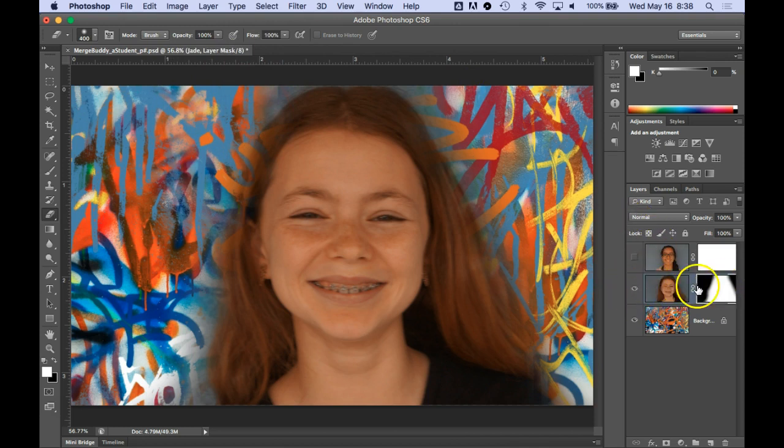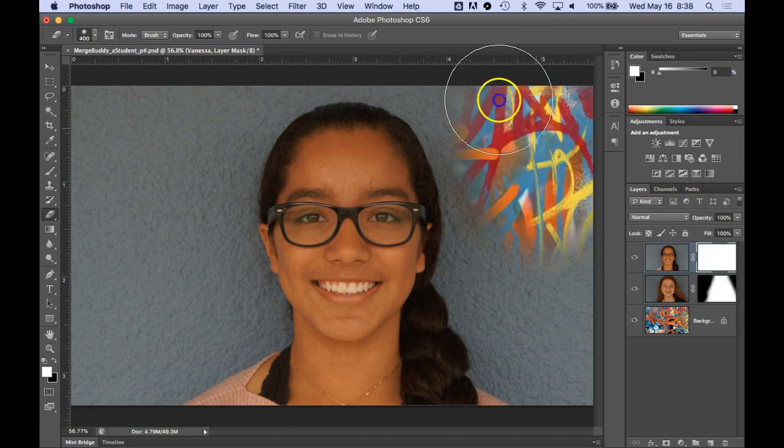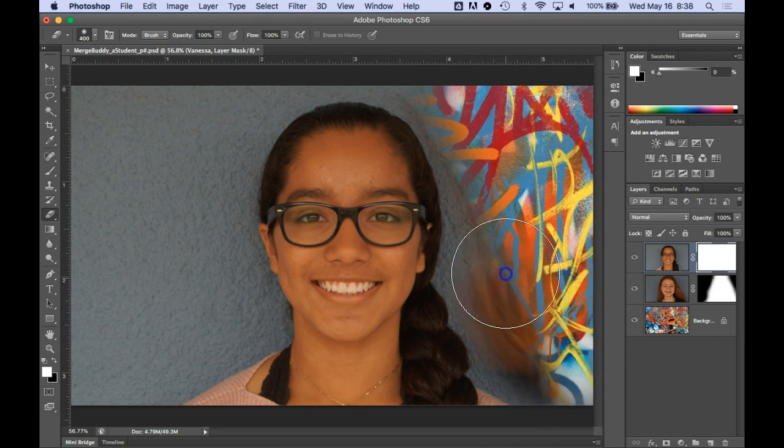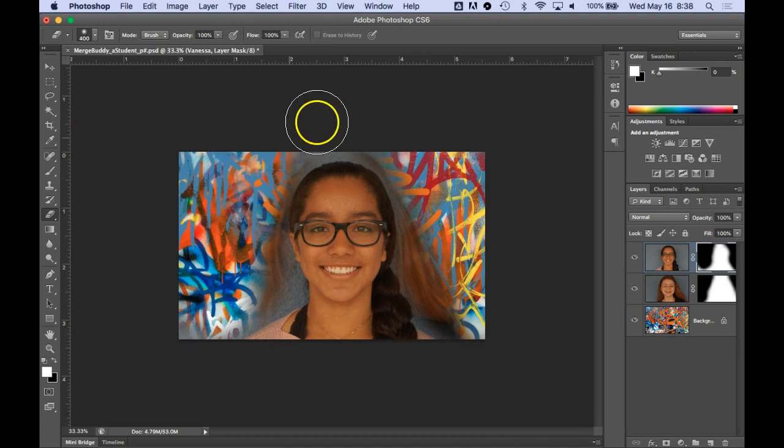After I've got this mostly how I want it, I can turn on Vanessa's layer again and do the same thing, making sure that I click on her layer mask and coming over here. You can already start to see that Vanessa's hair is not as wide as Jade's, and I'm going to erase from both sides, holding the Command key down, Command minus, to get more of this on the top. And then, just like in some of the previous assignments,